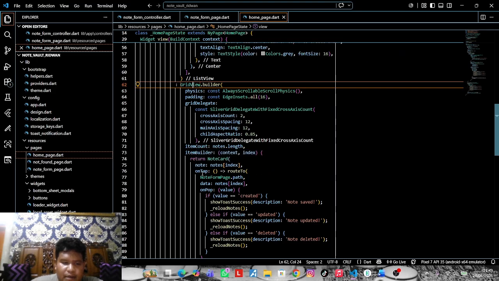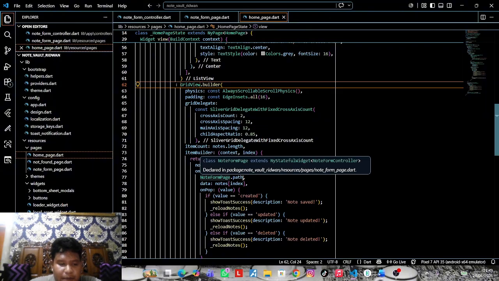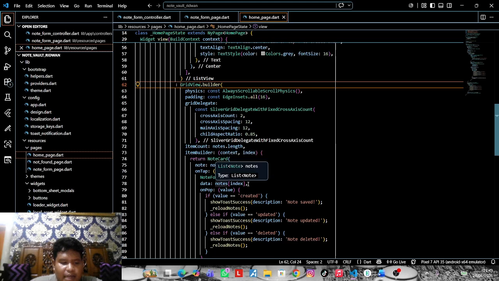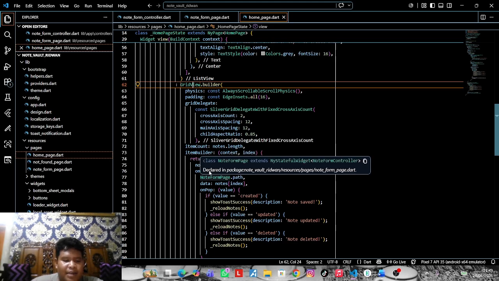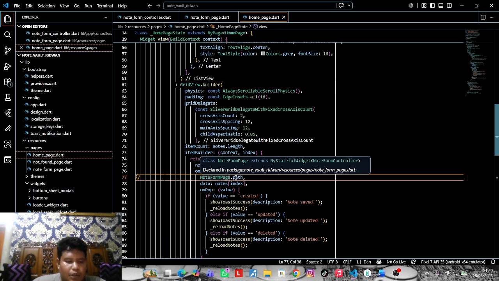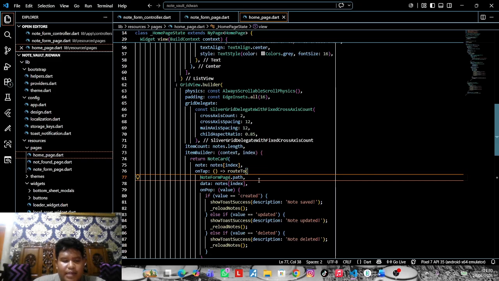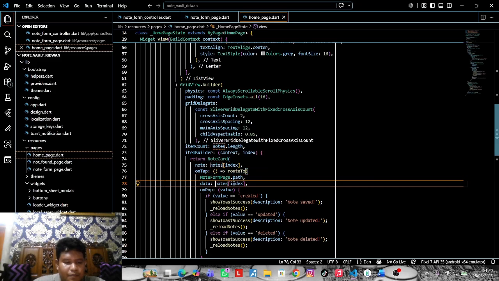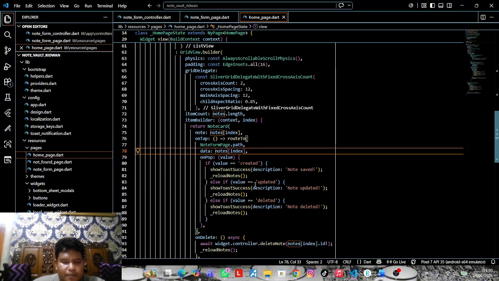And then edit nodes on tab row 2 node from page data node index. So when a node is tapped, the application open the node from page and passes the selected node as data. This allows the form to display the existing information for editing.